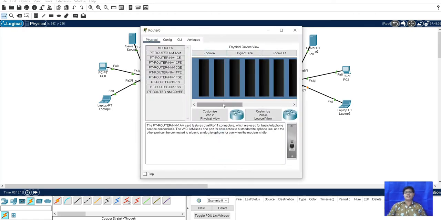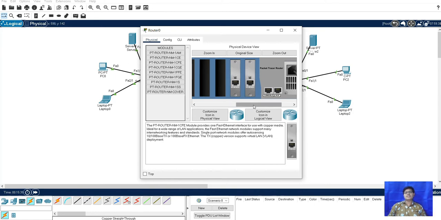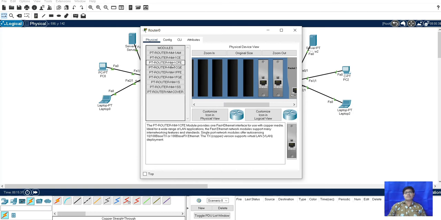We'll zoom in and add a fast Ethernet port here. So let's check where the fast Ethernet port is. I think this is the fast Ethernet port. So here we will add the fast Ethernet port.